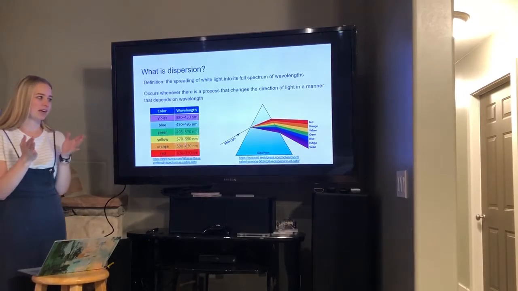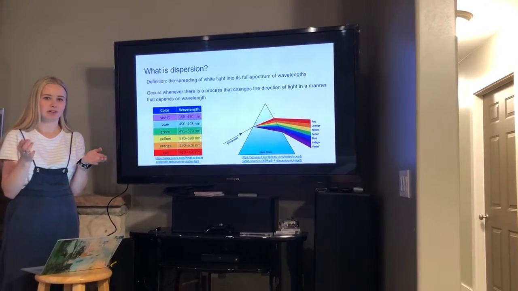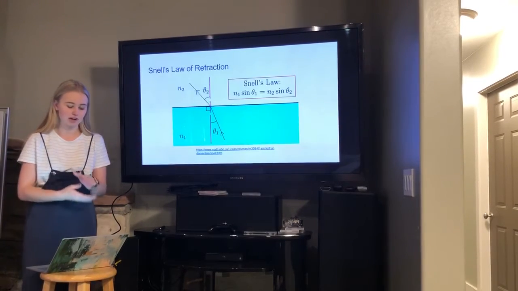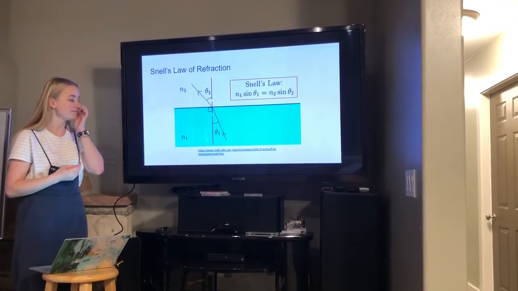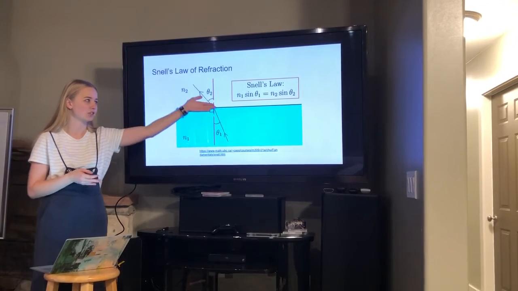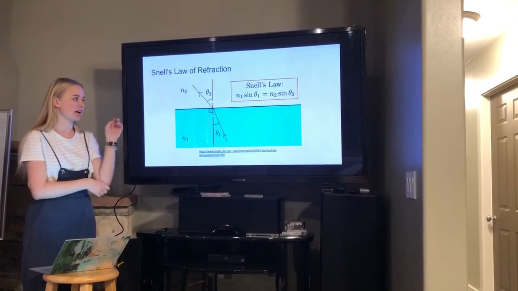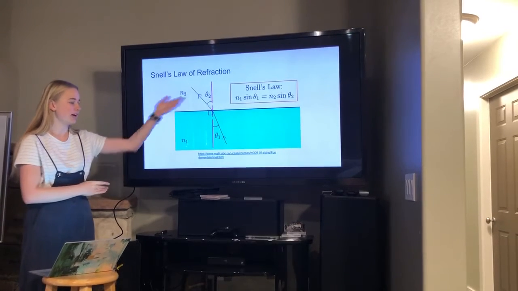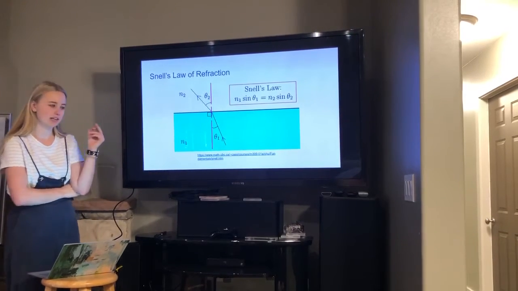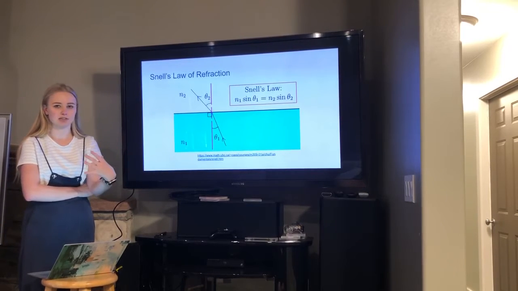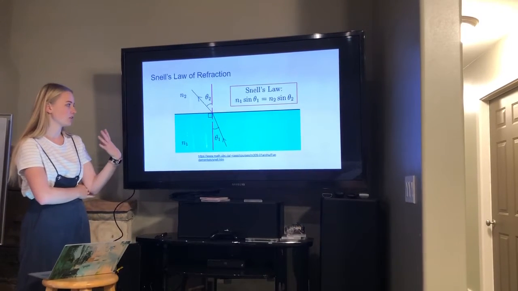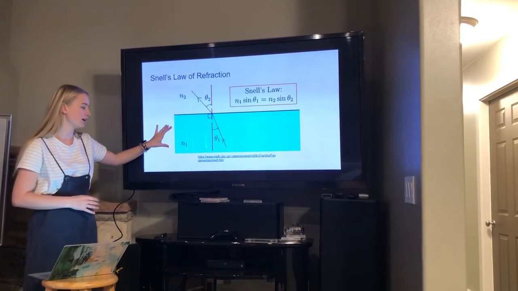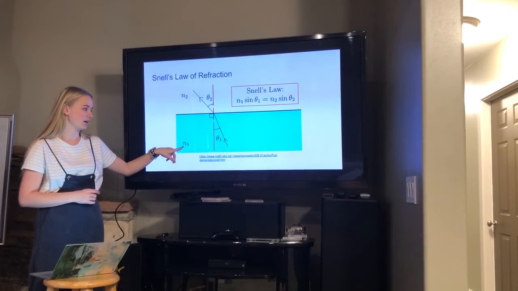So that's kind of how we get our rainbow, and then the other thing that we have to understand of why rainbows occur is Snell's law of refraction. Snell's law is as shown, where n1 times sine theta 1 equals n2 times sine theta 2. So n is the index of refraction, and each medium in the world has a different index of refraction number. For example, if we said that n2 was air and n1 was water, then n1, which is water